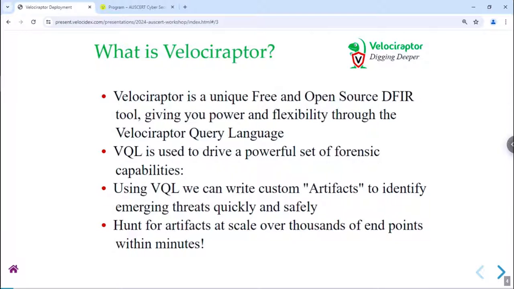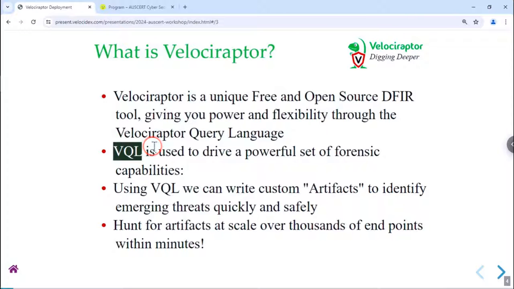All right, so what is it? It's an open source DFIR tool. You can go out and download it from GitHub yourself and install it, and run it on your own system without any problem, any licensing or anything like that. Most importantly, with the open source, there's a community of people behind it, people who are doing this day in, day out. Even if you're not doing this every day, you can learn a lot from others and ask questions. The interesting thing that we'll cover is that Velociraptor uses the Velociraptor query language,